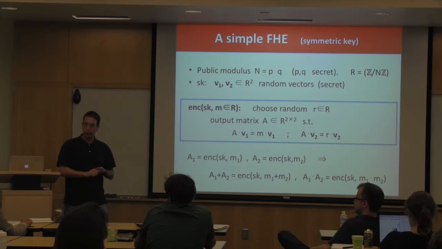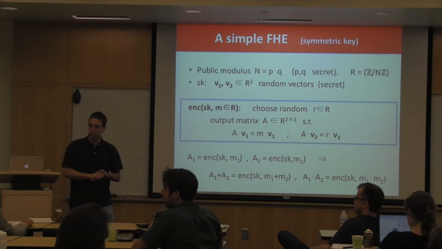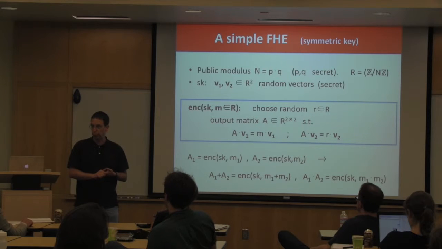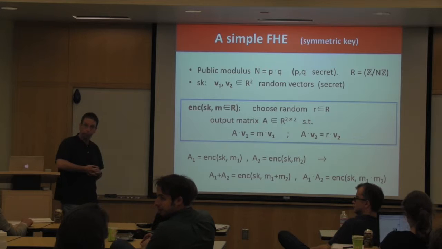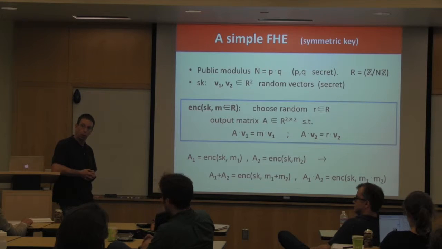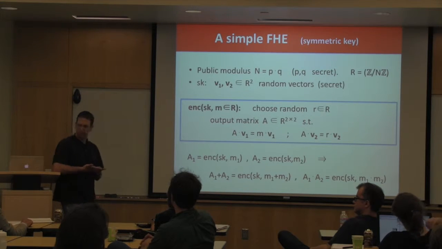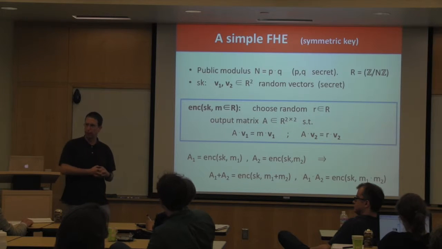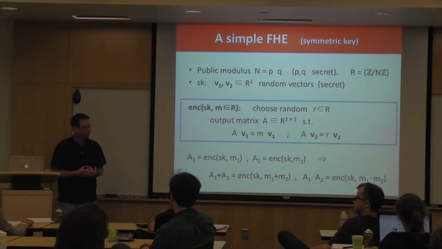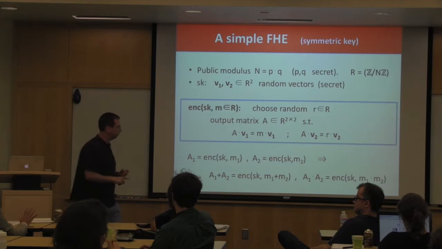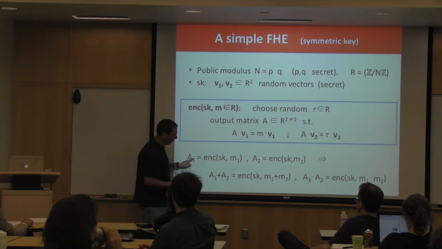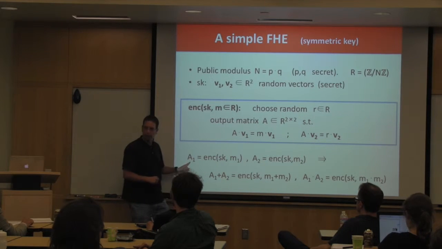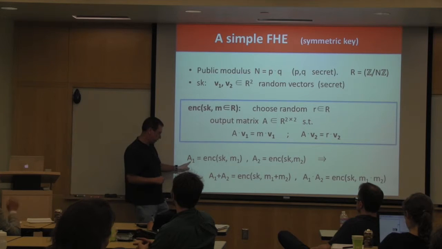R is there to protect M. If R was fixed, M would be revealed. That's actually the same thing. No, sorry, you have to make sure that A1 and A2 have exactly the same eigenvectors. Otherwise,